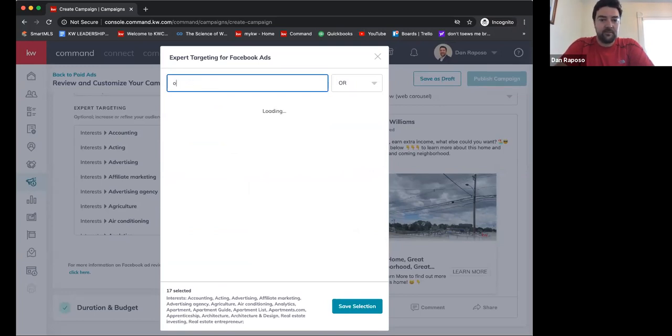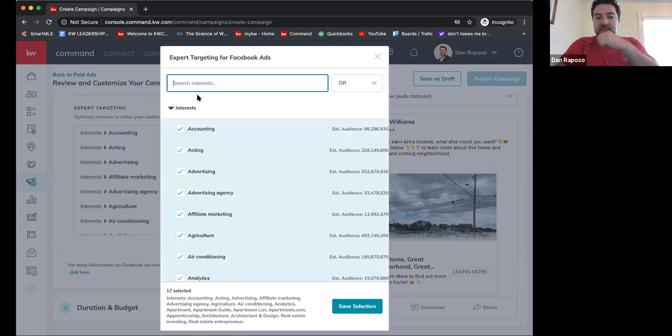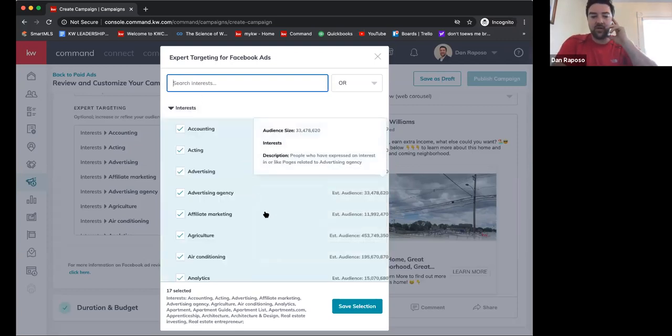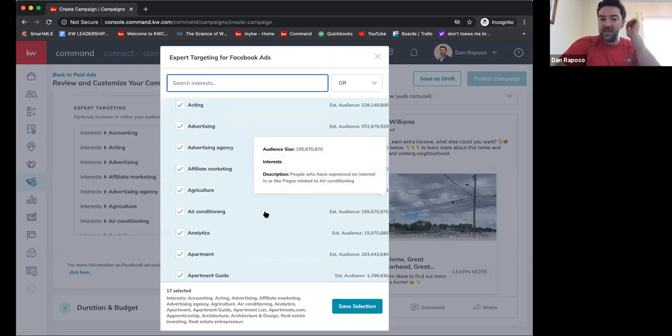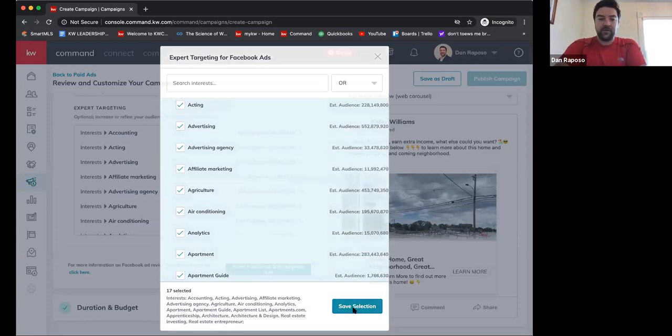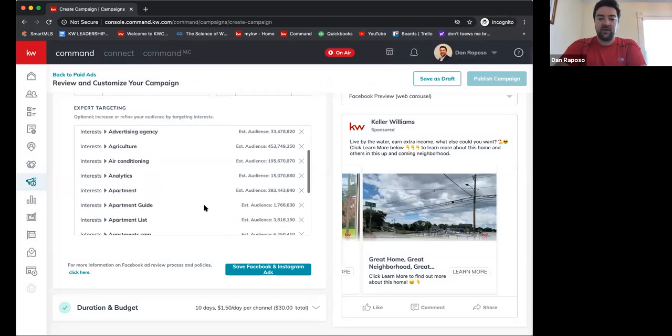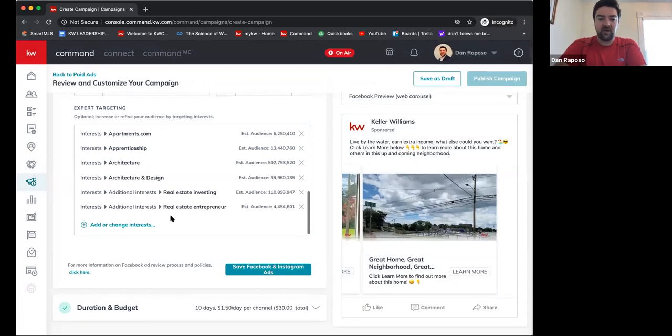There's a bunch of ways that you can target people based on their interests through Facebook. The key with this is because this is a real estate ad, Facebook does limit the things that we're allowed to target because we have to meet fair housing guidelines. All right. So once you've selected your target, you're going to come in here